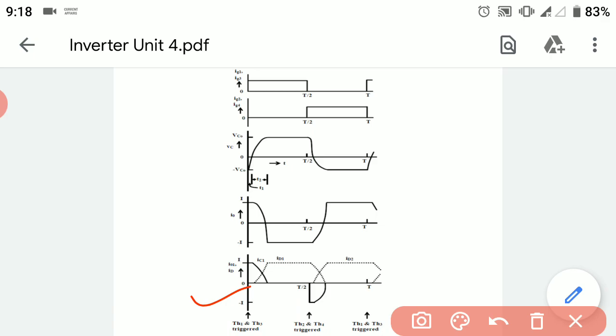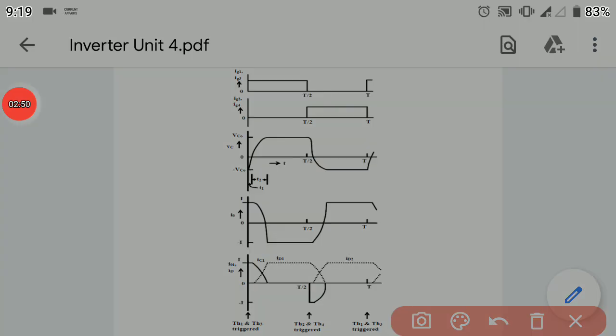This is the time slot we have actually divided, when the various thyristors will conduct. This is the interval during which thyristors TH1 and TH3 will conduct, and this is the interval during which thyristors TH2 and TH4 will conduct, and after these two modes, mode 1 and mode 2, the thyristors TH1 and TH3 will again start conducting. This is all about the current